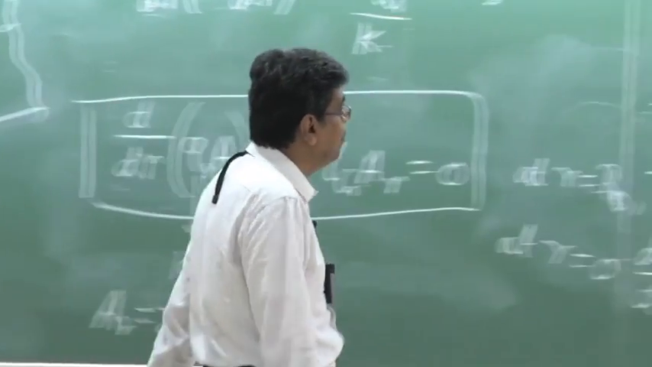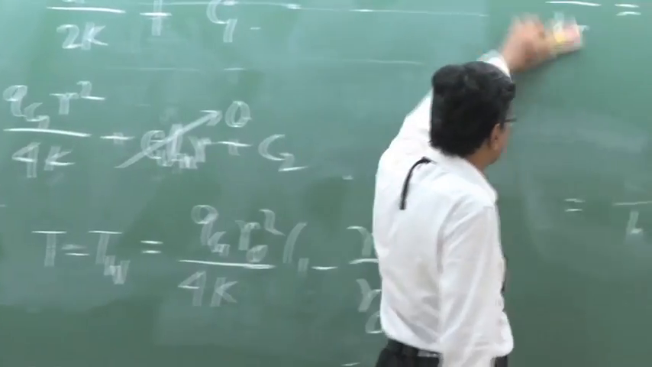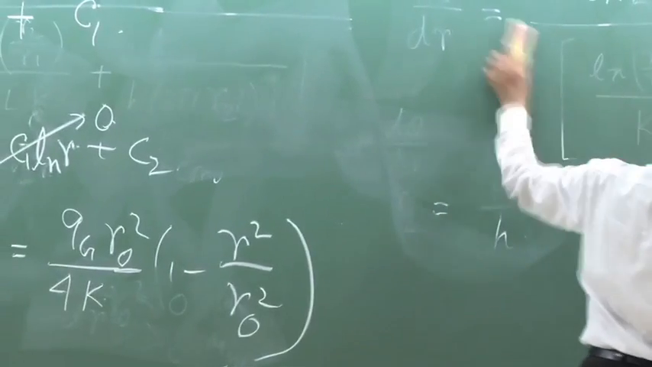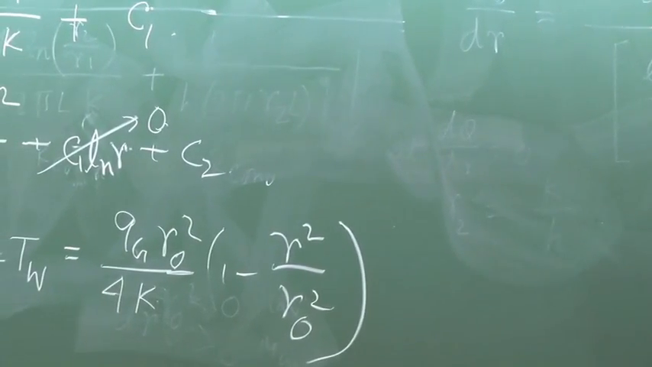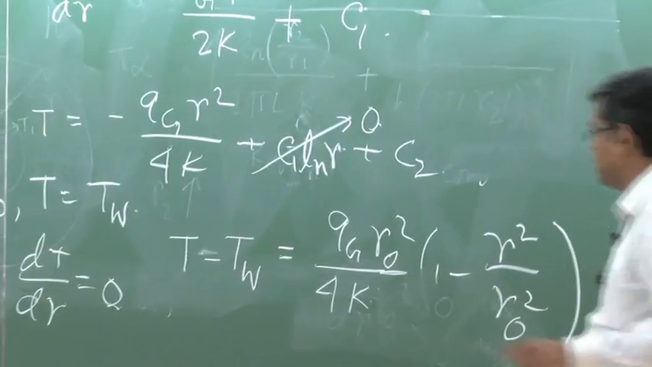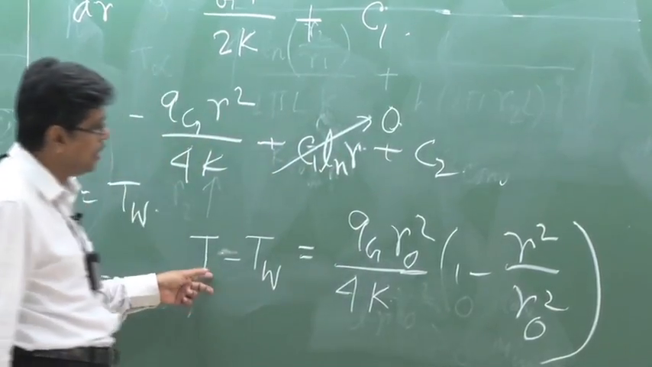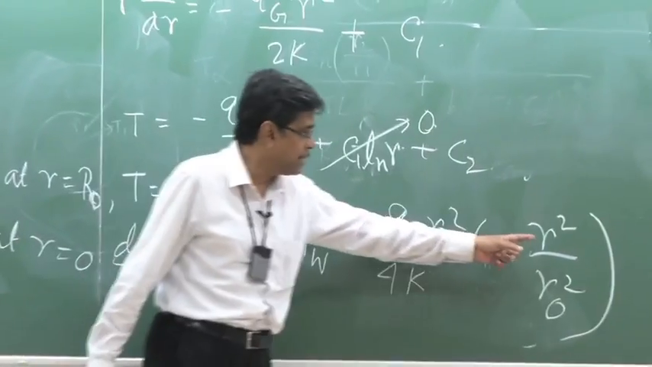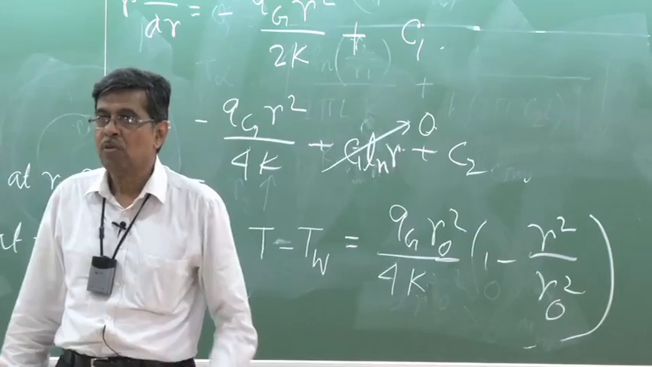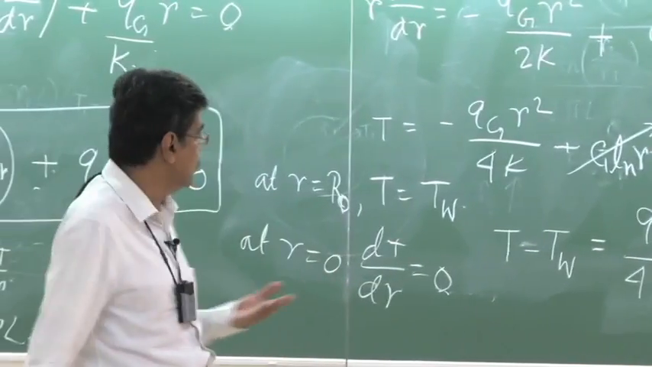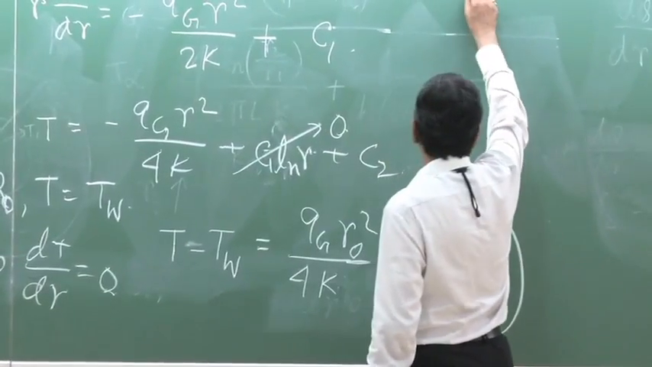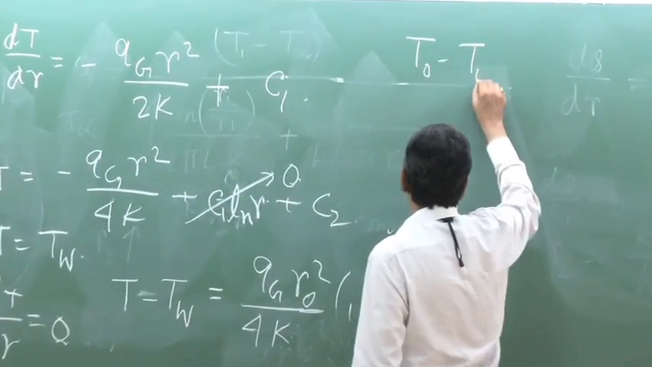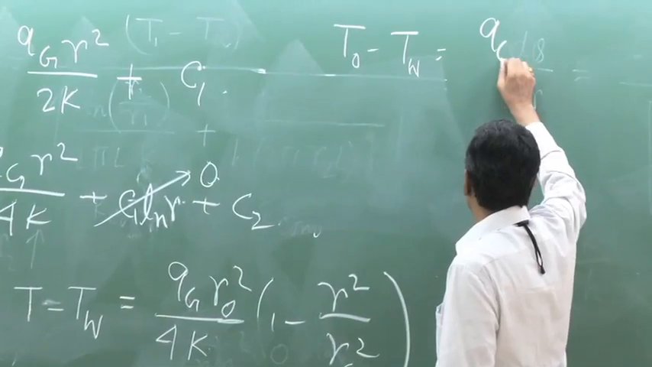Now where is the maximum temperature? This is very simple, that R is equal to 0 is the maximum temperature. You don't have to make this dT/dR 0, but dT/dR 0 will tell you the same thing, that at R is equal to 0. Maximum value of R is R0. So therefore at R is equal to 0, this is maximum temperature. That means T0 is the maximum temperature. T0 minus TW is Qg